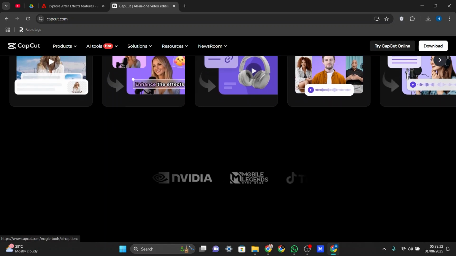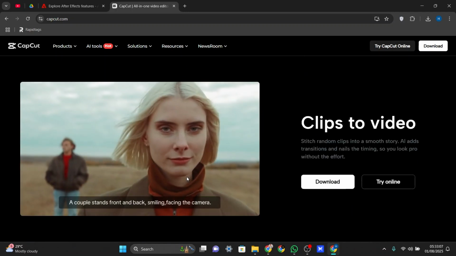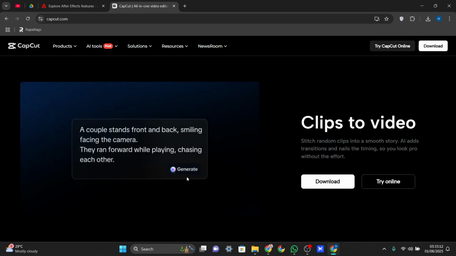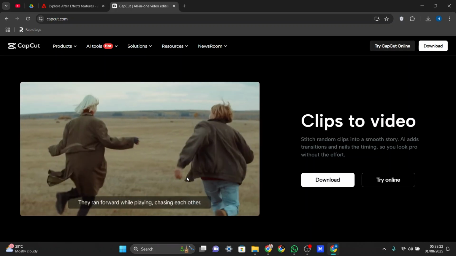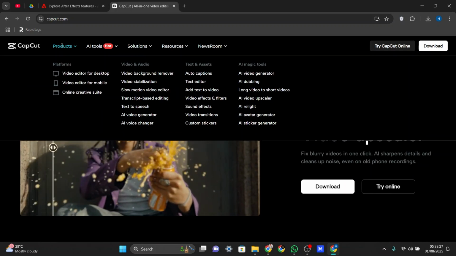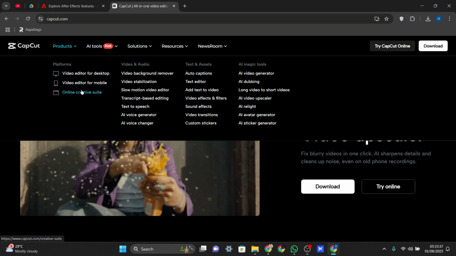It's a favorite among content creators and influencers who want to edit vertical videos for TikTok, Instagram, or YouTube Shorts. It offers features like auto captions, trending templates, drag and drop effects, background removal, and AI-powered tools like voiceovers and scene enhancement. You can use it on mobile or desktop and it's free, though there's a paid version with extra